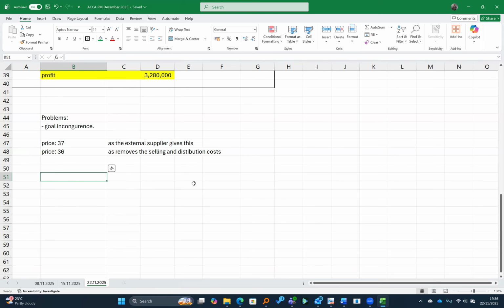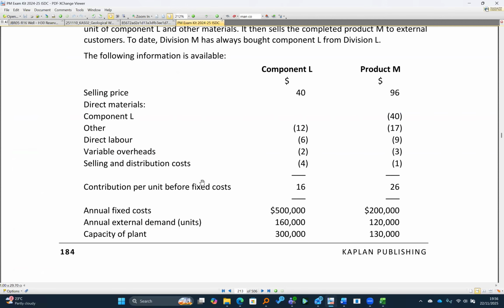Or if the group policy does not allow you from buying wherever you want, and policy says that you should buy within the group, if the demand external is not a lot, because there's now, like capacity here, for instance, if our capacity was actually not 300, but rather 160,